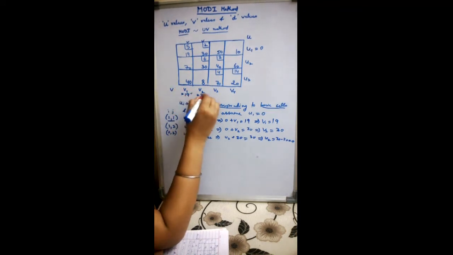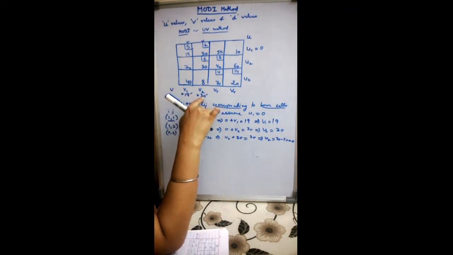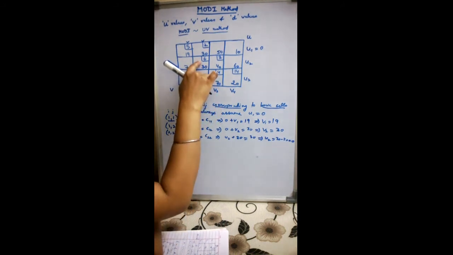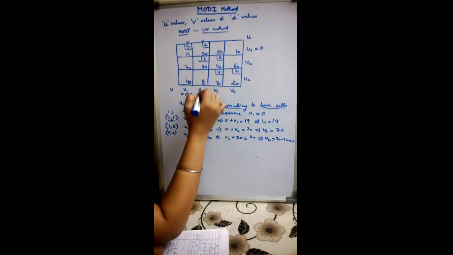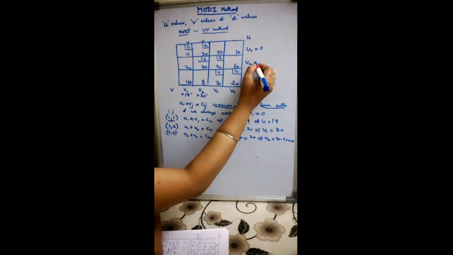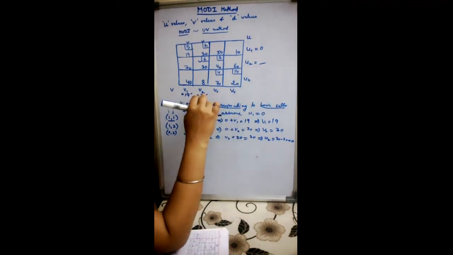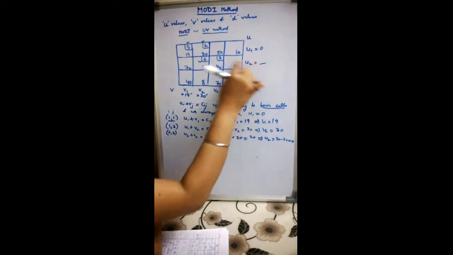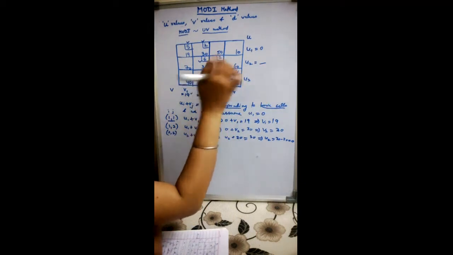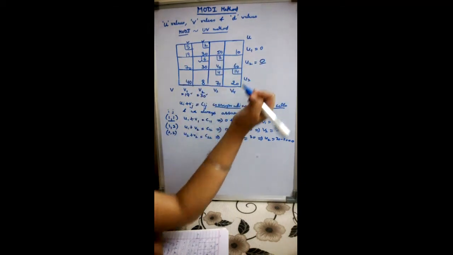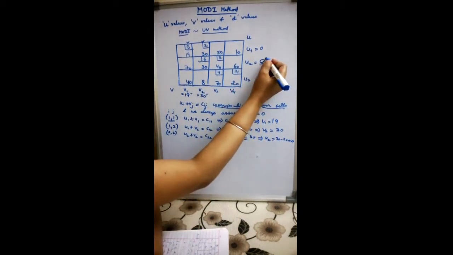Now corresponding to this cell, this value 30, we see that the occupied cells are this and this. We already have this u value, but since corresponding to this v this is occupied, we can find out this value again by using the rule that u plus v should be equal to c. That means 30 plus what is equal to 30? 0, right? So now we have obtained this value.